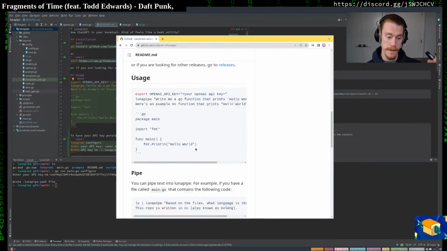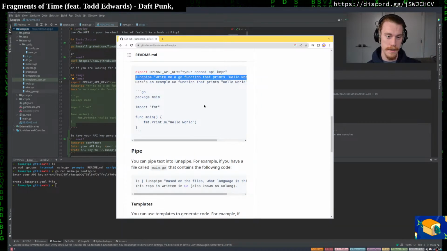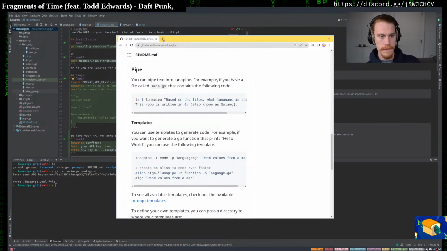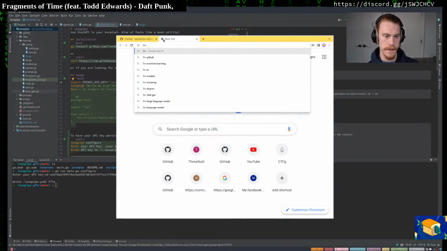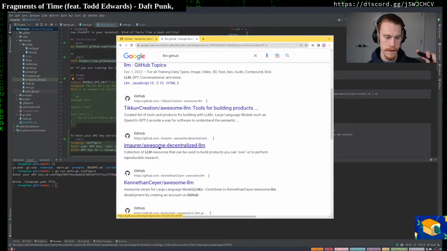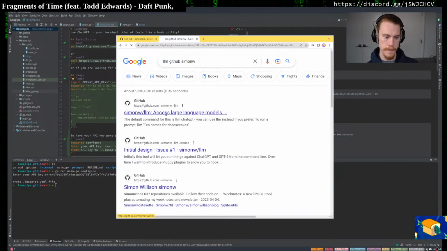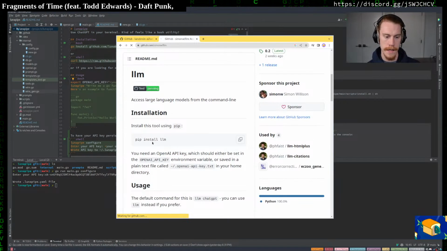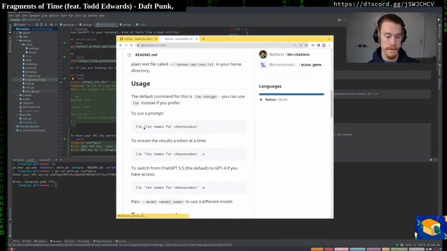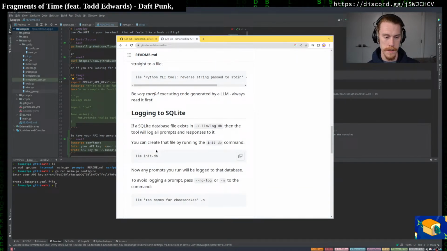LunaPipe, CLI for ChatGPT in your terminal. Set your API key, ask your question, get your answer, boom. Now, there are a number of existing tools. One of note, what is it? Simon W. This is the one that I was using, and it works well. You know, you can ask a question and it's more or less identical, but the